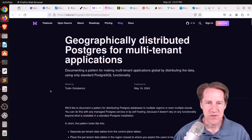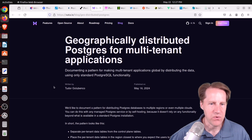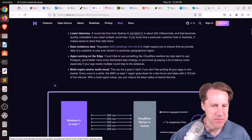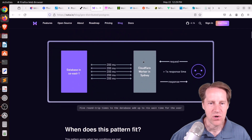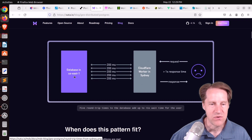Next piece of content, geographically distributed Postgres for multi-tenant applications. This is from zata.io. I thought this was an interesting concept. I'm not sure if I would implement it, but basically, they have a scenario where if you have your application distributed to users across the world, maybe you're using Cloudflare, you have app servers out on the edge, you might want to have the databases close to where they are too. Because otherwise, you're going to have a worker, say in Sydney, Australia here, trying to contact your database that's in the east coast of the United States. You're going to have a 200 millisecond latency for each query that worker has to make,